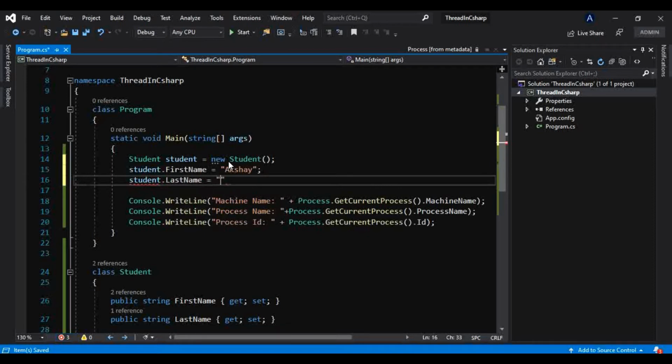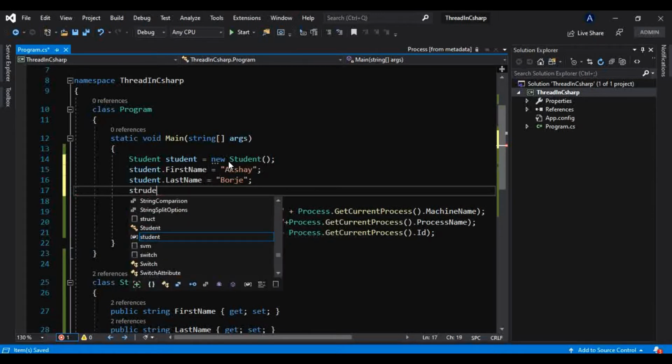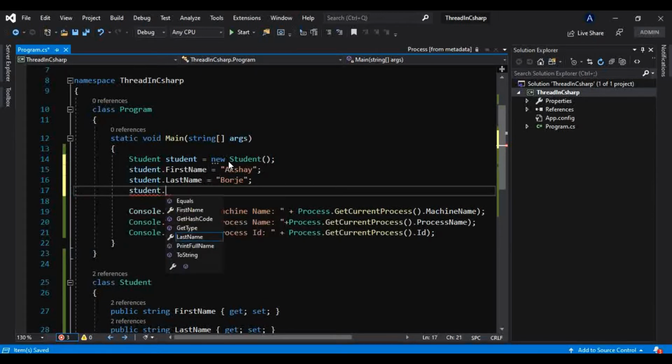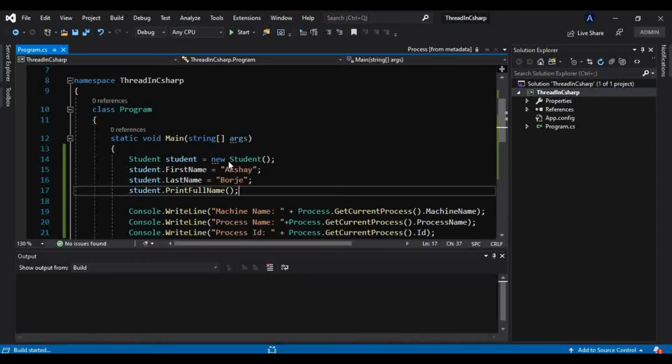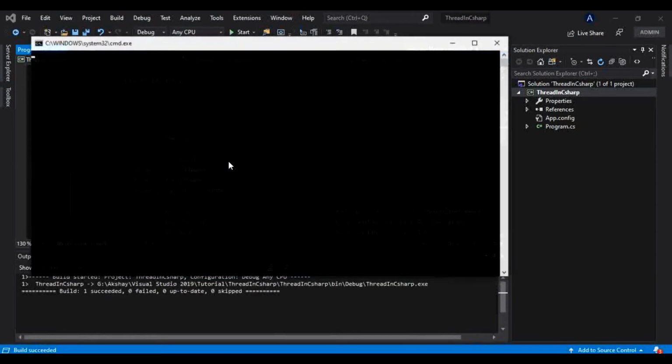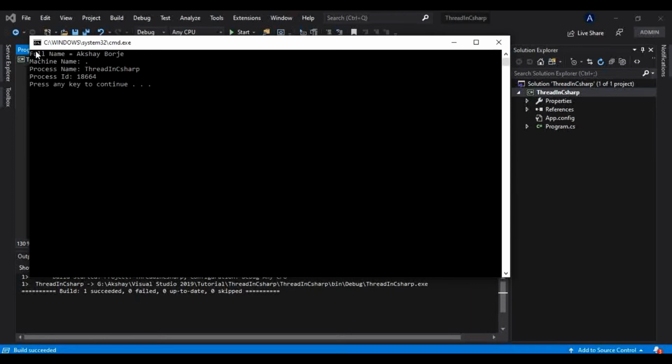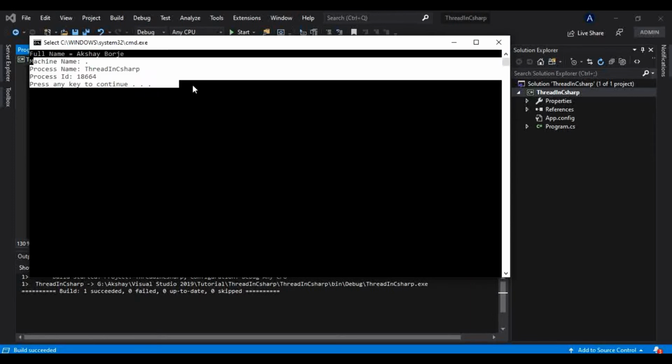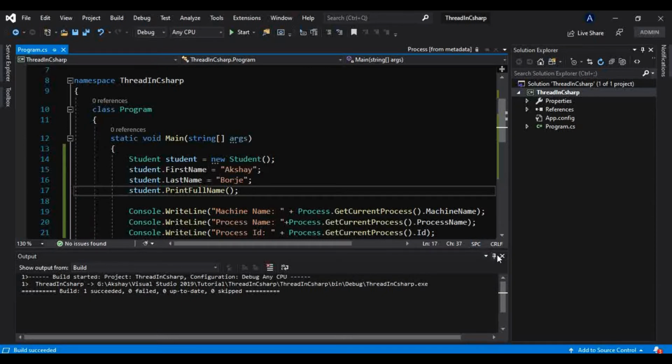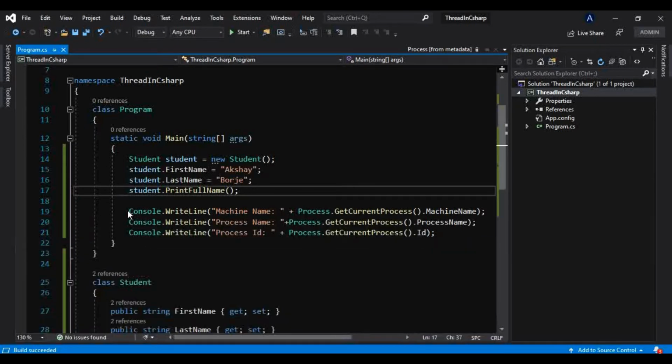Alright, a simple program, and we will print that onto the console, something like this. Now if I run this, we will get that full name and the process information. I will get rid of that for now.